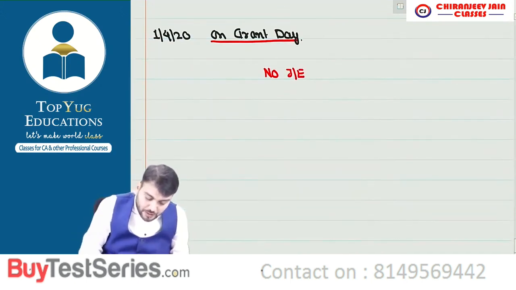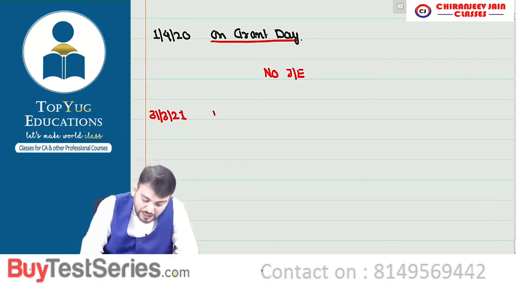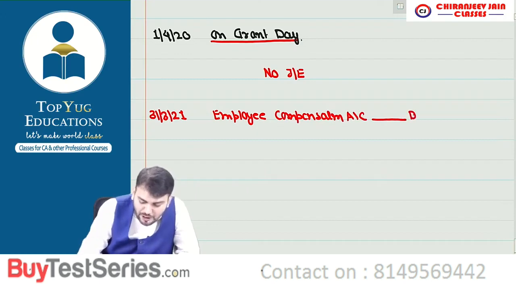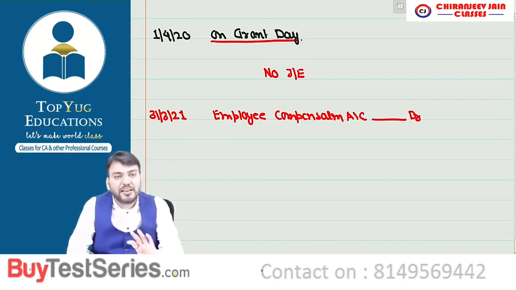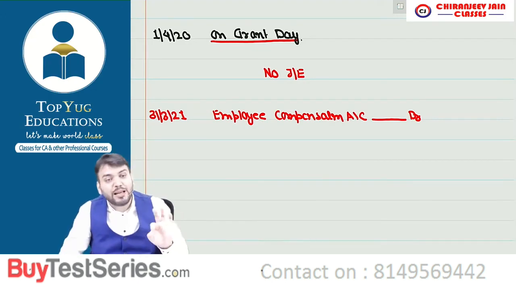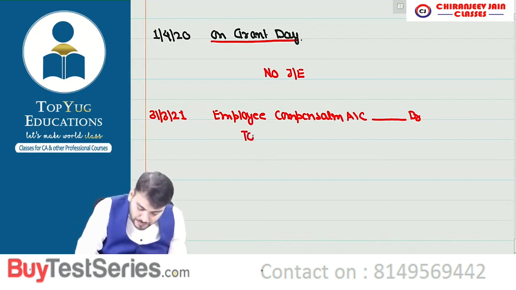Then on 31st March 2021, we'll pass one journal entry. Employee compensation account debit. Means we will not write salary, we'll use a different account. You have said correctly salary account debit, but we write employee compensation account debit. This is a nominal account. To what? To